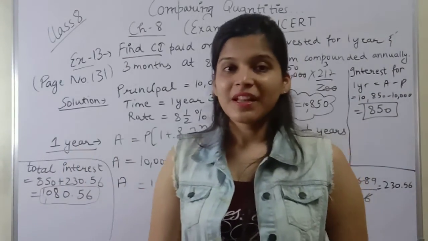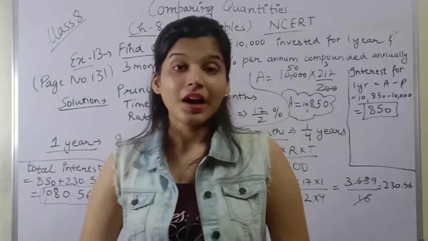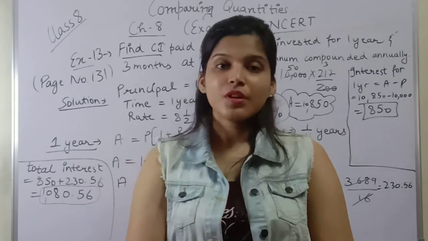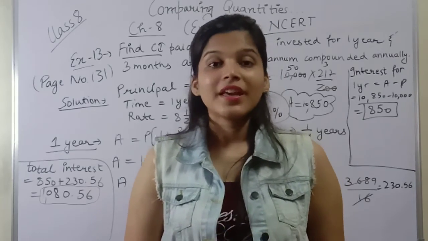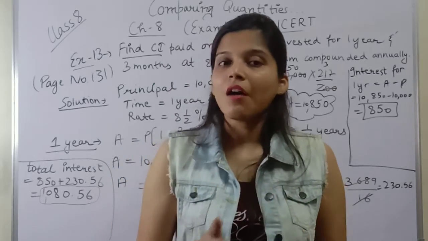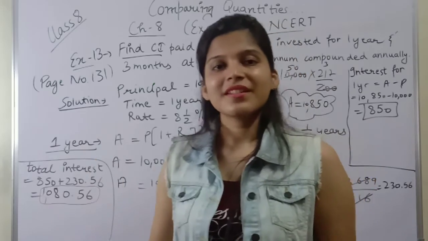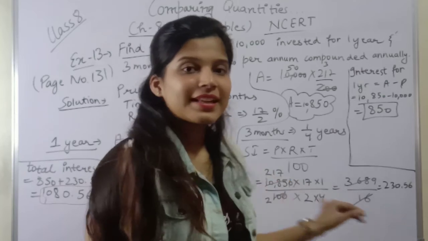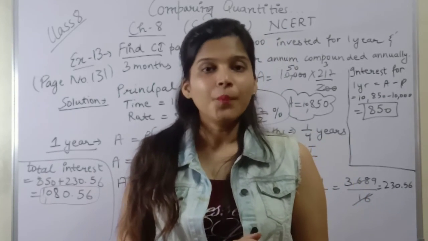So children, example number 14 and 15 are still left that we'll be discussing in our next video. So till then revise each and every example of this chapter. Examples of this chapter are very important. Okay, and always remember the half yearly funda, that time double, rate half, and in annually we take complete years and जो separate months रह जाते हैं that we calculate by simple interest as we have done in this example. So example number 14 and 15 we'll be discussing in a separate video.